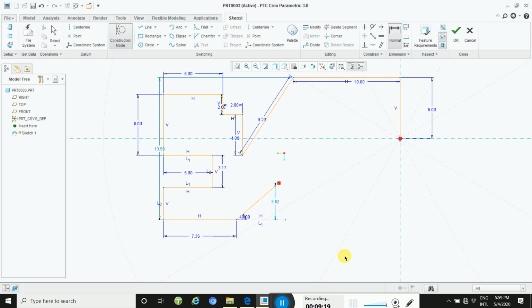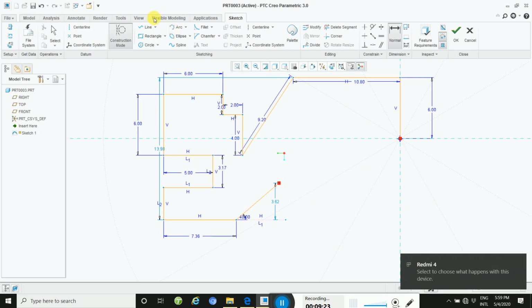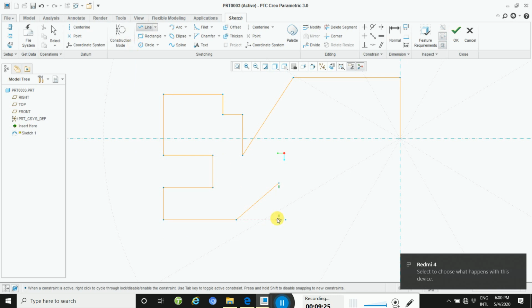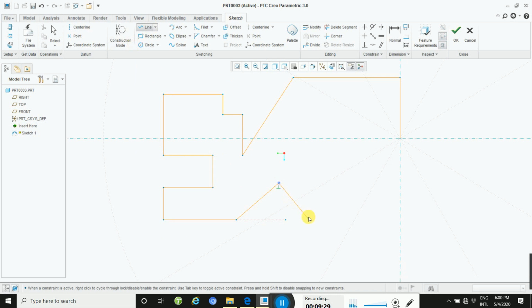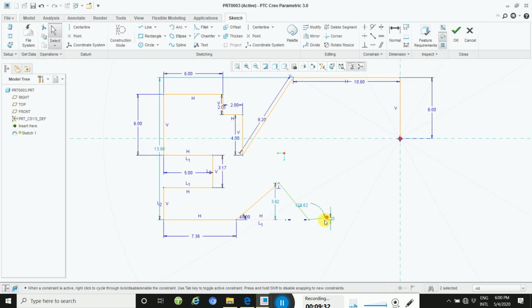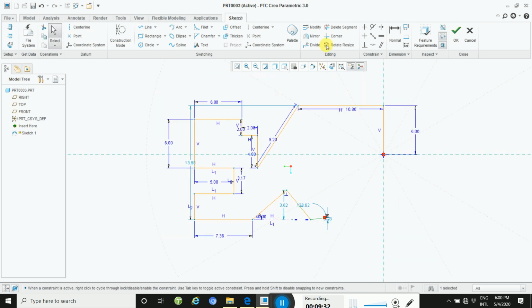Then draw another one, select, then click here, and then the mouse middle button, and then select here and go through Horizontal.